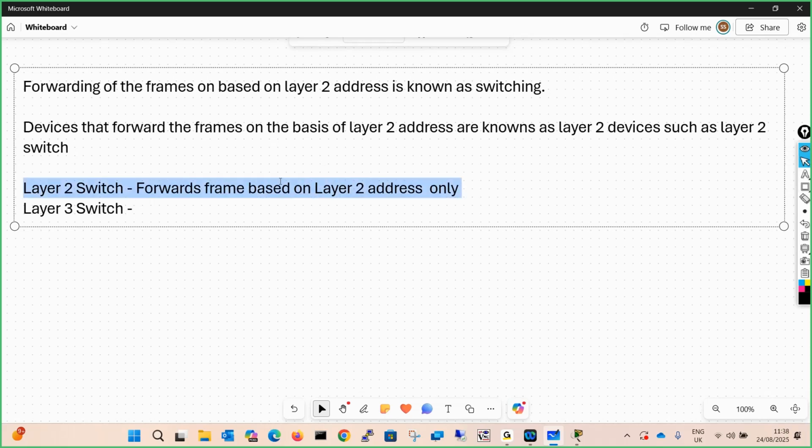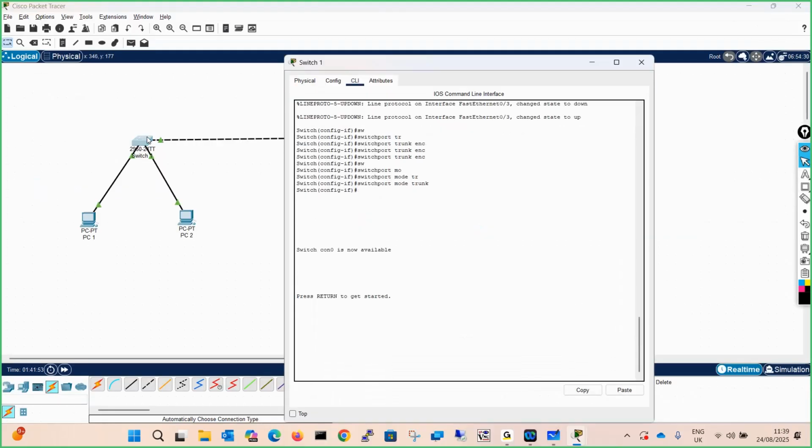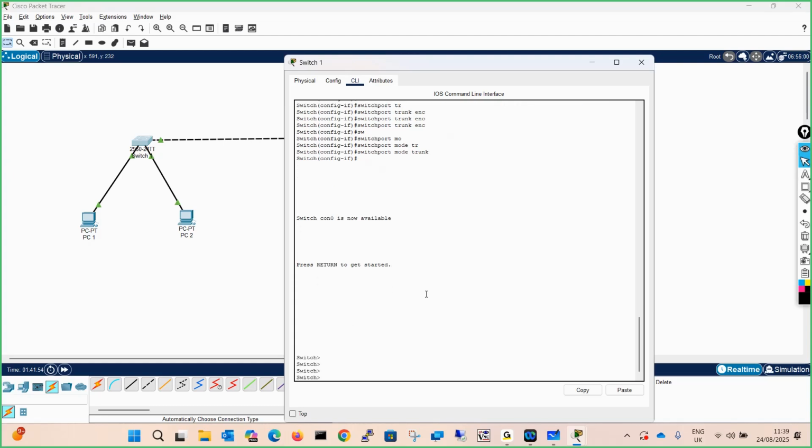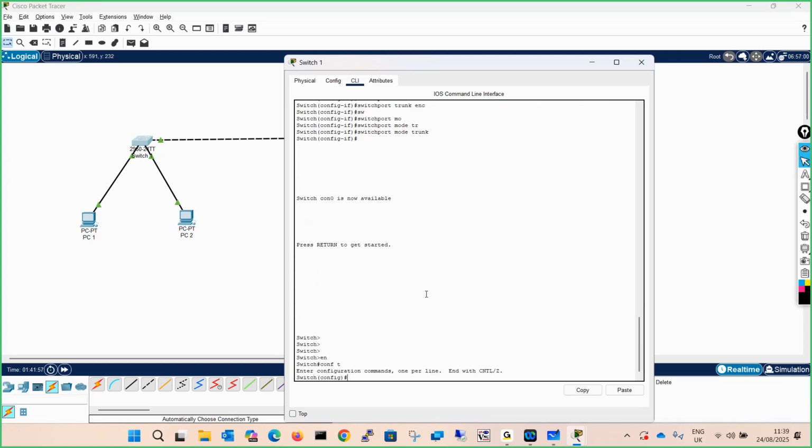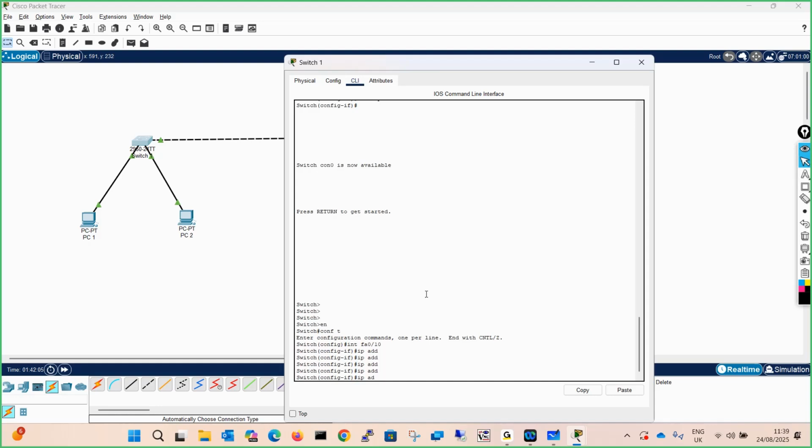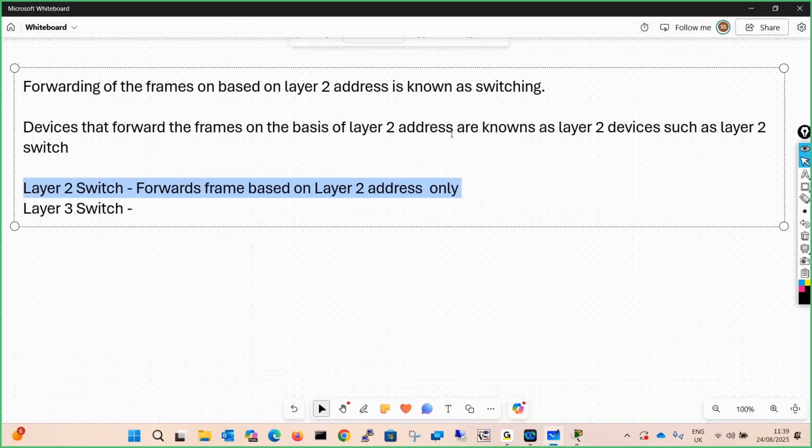You cannot go to the switch port and configure the IP address because it doesn't understand what IP addressing is. One second, let me show you. Go to enable, go to configuration mode, go to interface FA0/10 for example, and give the command IP. See, the command itself will not work because it doesn't understand IP addresses. It works on MAC addresses, layer 2 addresses. That's why it is called a layer 2 switch.